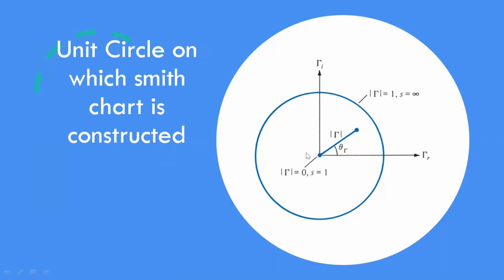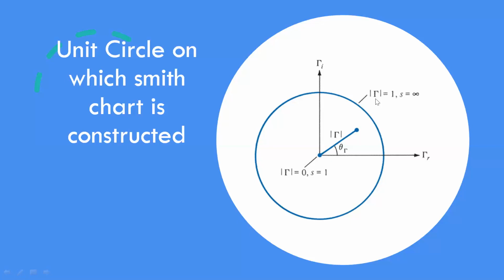Through calculations also we can identify these, but the purpose of the Smith chart is to reduce the complexity in finding the transmission line characteristics, mainly the input impedance, the reflection coefficient gamma, and SWR. The reflection coefficient lies between 0 and 1. This is the center point of this unit circle, where the reflection coefficient gamma is 0, and the maximum value on this unit circle is equal to 1.